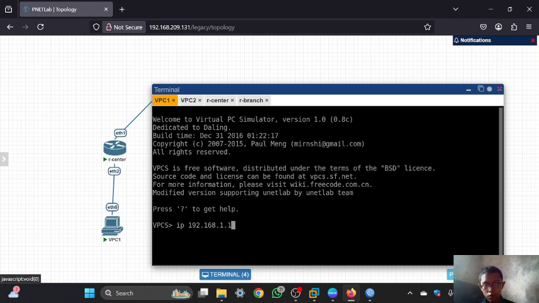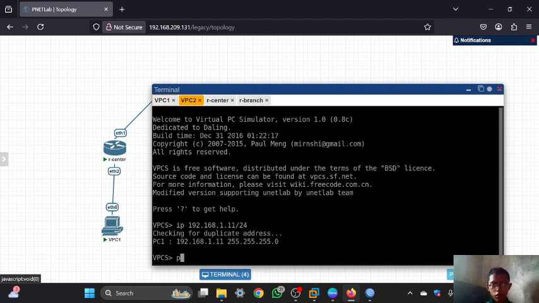I will use this IP, and you can ignore the gateway because I will configure it later, and you can click enter. In the VPC2 also you can configure the IP address, and it must have the same network as the VPC1, which is here 1.x, and also here 1.x, and you can click enter.